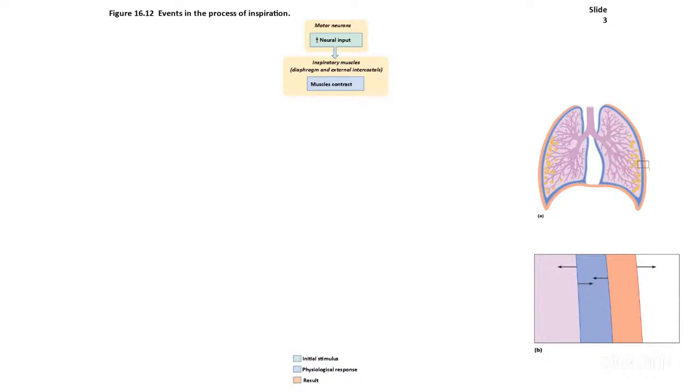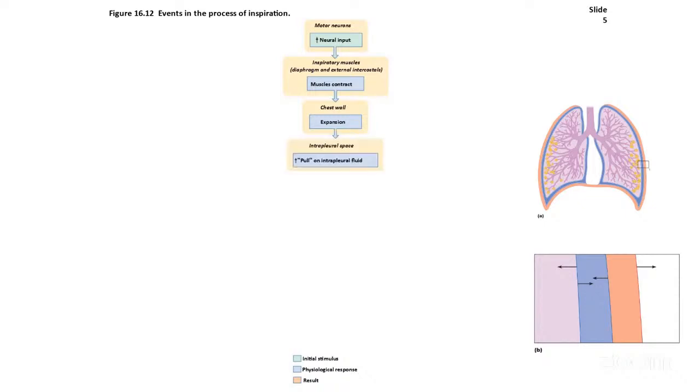So muscles are contracting, they're getting shorter, which means our chest wall is expanding, right? So ribs are going up and out, sternum is going up and out because of those external intercostals. Diaphragm is going down, expanding the thorax from below,